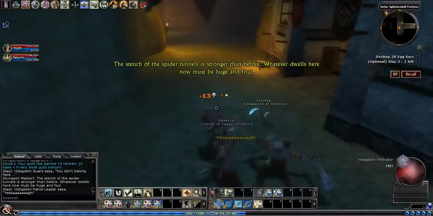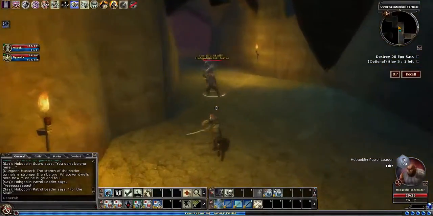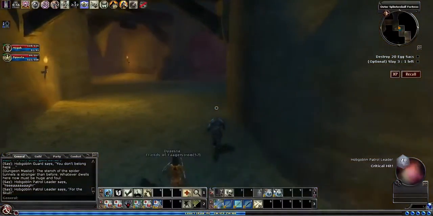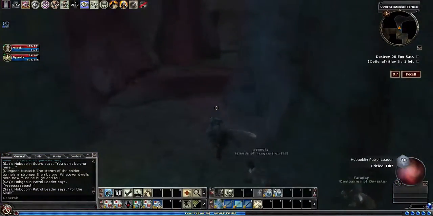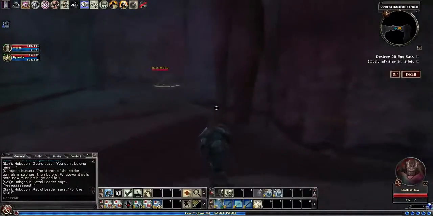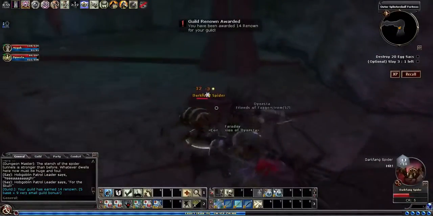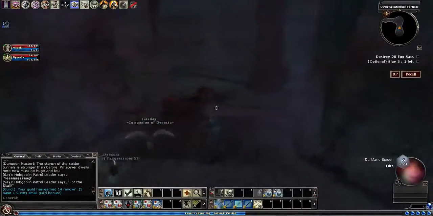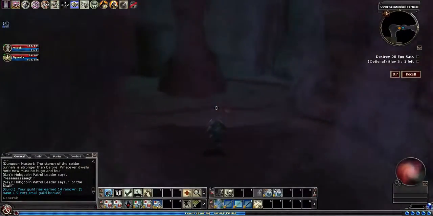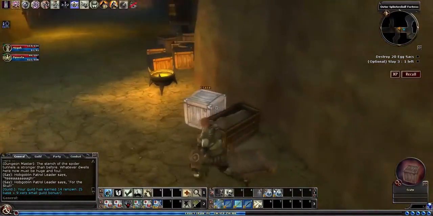Is stronger than before. Whatever dwells here now must be huge and powerful. Again, we're just going to kind of go around the right. So this first tunnel may have her last daughter. Let's check. It looks like just some widows. Yeah, just some widows and some other spider friends. Got a mischief bonus on the breakables. Alright, we'll break these ones and we can go back up